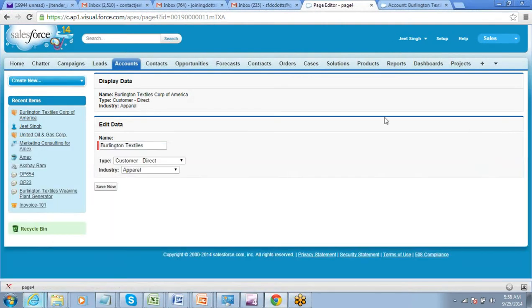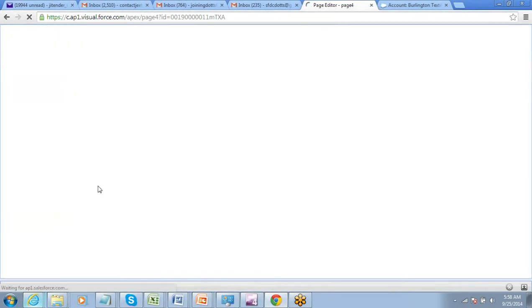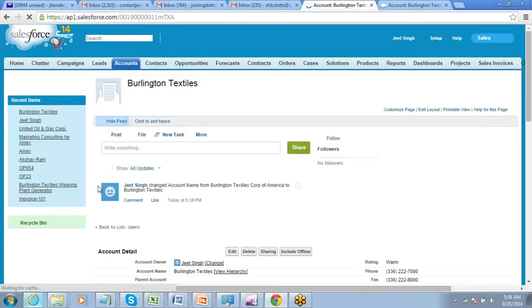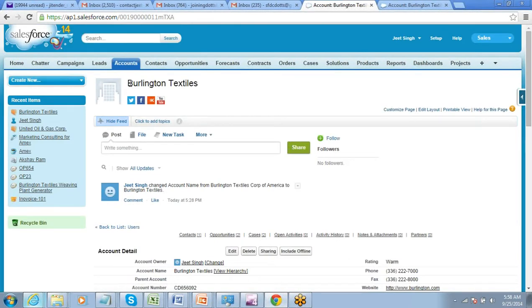This will save the data on the page back to your database. Okay, so just click on save now. See, the record got saved and it got updated as well. It had a big name, now it got updated to a smaller name. Fine. So the save action helps us do that.